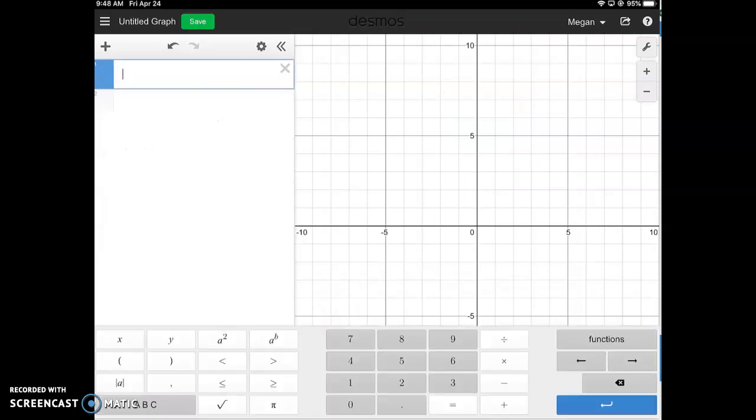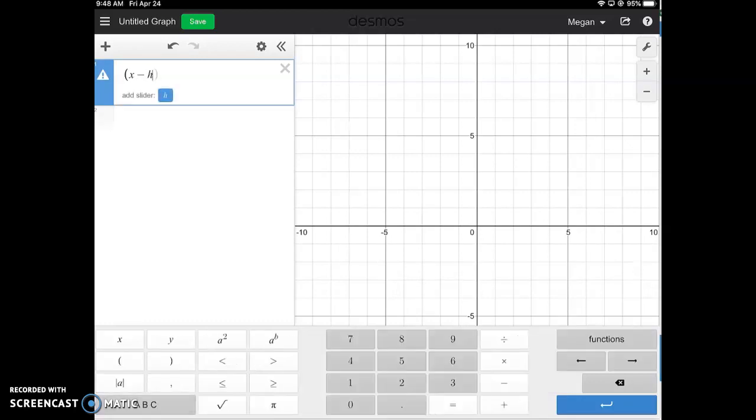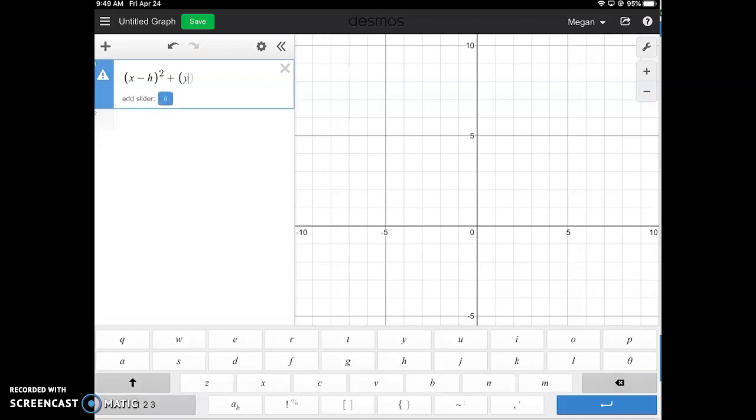So now we're at a circle, finally. We're finally back from the algebra to the geometry. We're still in Desmos. We're going to input a new function. We're going to start with parentheses this time. So it's going to be x, ooh, makes a line, nice, minus, go to your letters, h. Can you guess what it's going to be? Squared, very cool, plus parentheses y, and then minus k, and again we're going to square it,